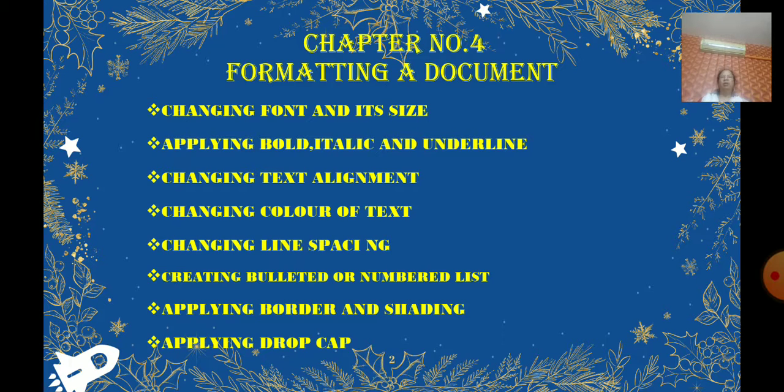Okay, now next, change the color of the text. So MS Word provides option to change the color. So it is in the home tab in the font color, right? And line spacing. So line spacing is the vertical distance between successive lines of the text in a document. Okay, it is a vertical distance. So you can do it in the home tab in the paragraph group. Okay, where is the line spacing option? In the home tab in the paragraph group. Okay, you can use a line spacing.